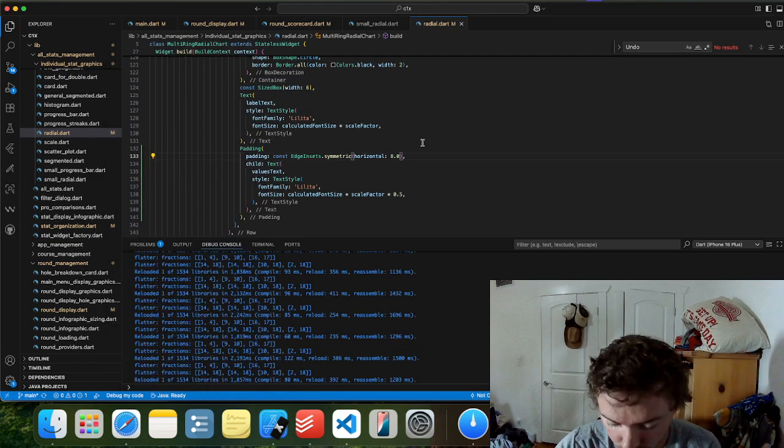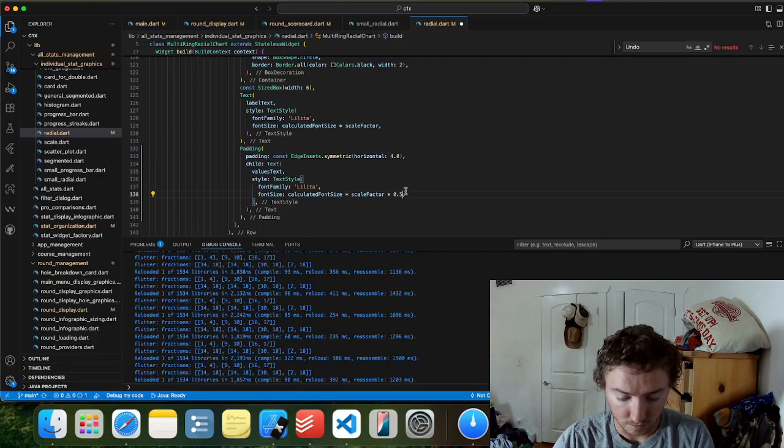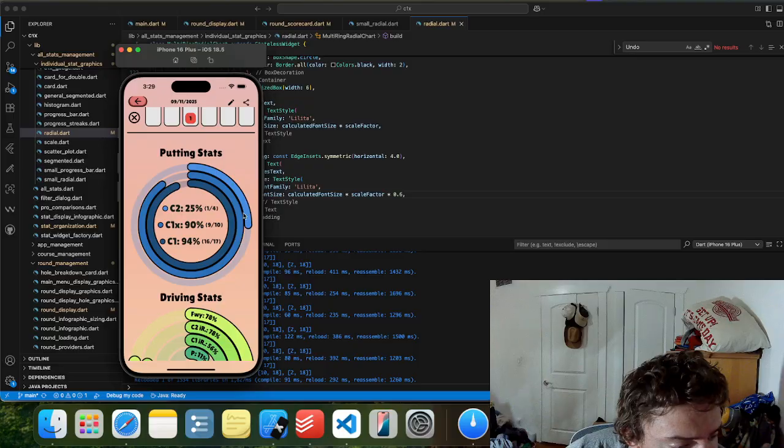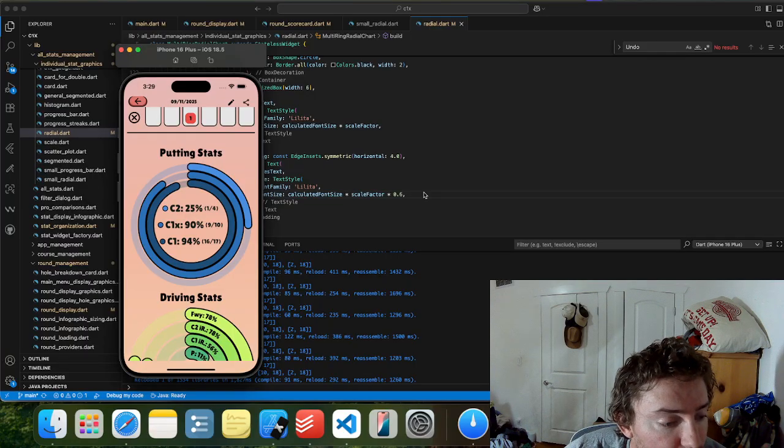Too much. It's a tight fit. It is a tight fit.